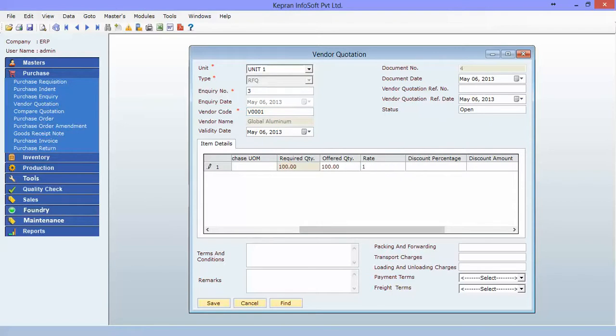What's the rate? For example, just to put it 10. What's the discount percentage for that particular item, and what's the lead time? 10 days. Specification ABC, and they are offering the packing and forwarding for 100 rupees and transportation charge for 100 rupees, loading and unloading charges for 50 rupees. I simply took that,